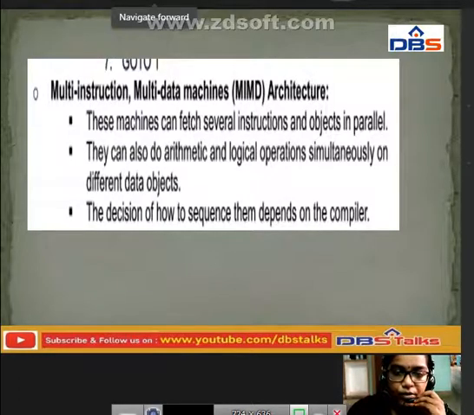See, what a multi instruction multi data machine architecture is: whenever you are taking multiple data, you have some multiple instructions there, and we have to perform the operations of those instructions also. So how are we going to perform multiple instructions at a time using this architecture? Here we take the multi instruction and multiple data machines.